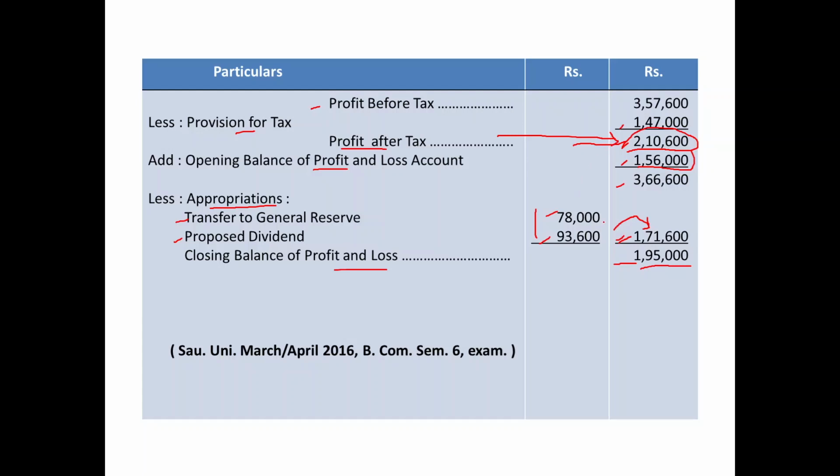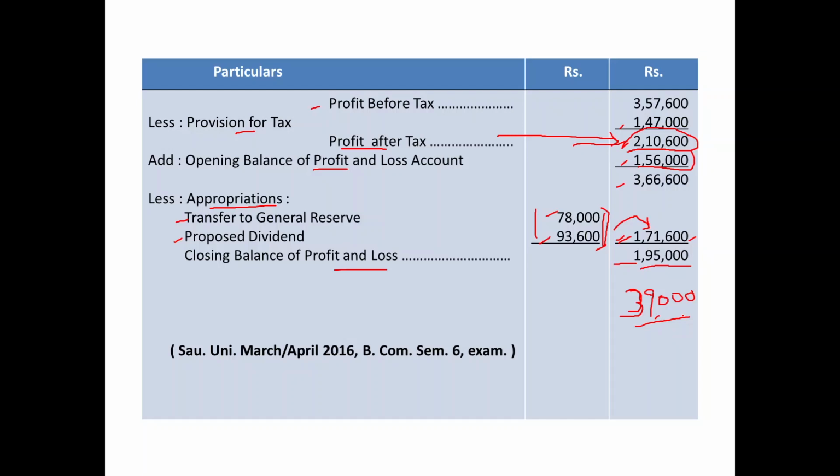Once again I am repeating, net profit of the year PAT 2,10,600 minus two appropriation of profit items, transferred to GR and proposed dividend, the total of these two being 1,71,600. If you deduct it, that will give you the profit of the year 39,000. So in this way, you can verify, you can make a reconciliation of the profit and loss account